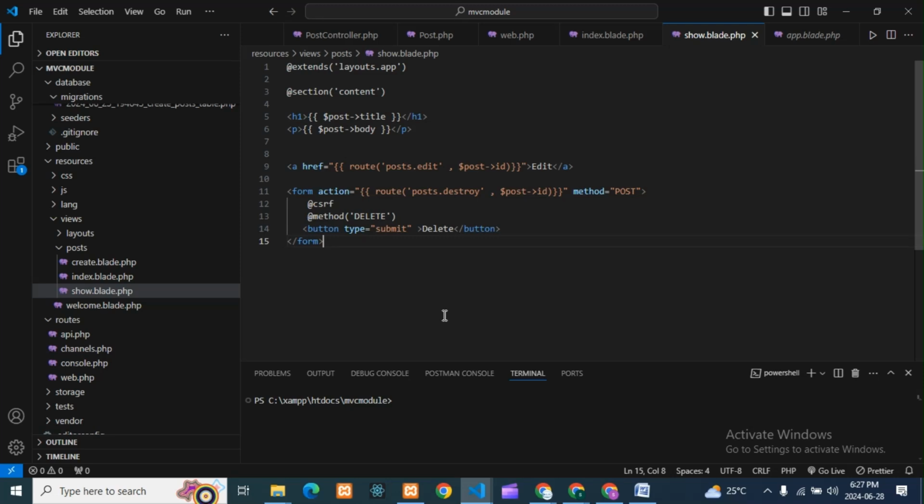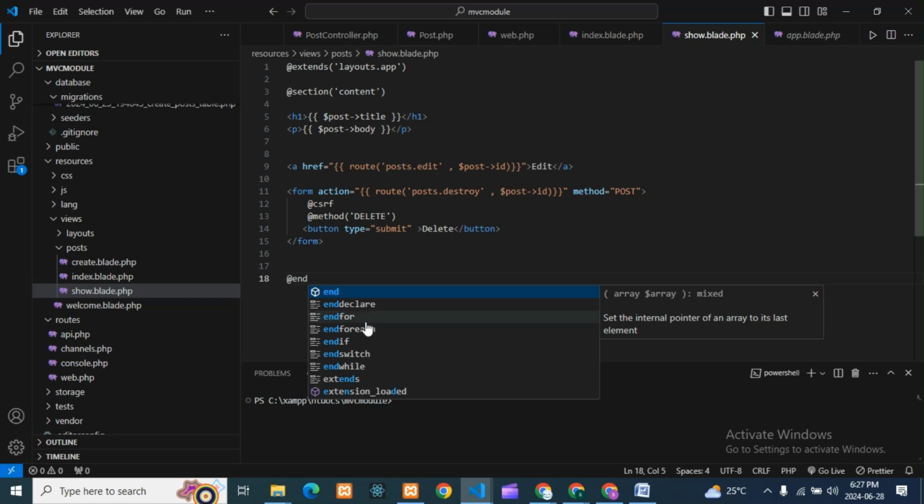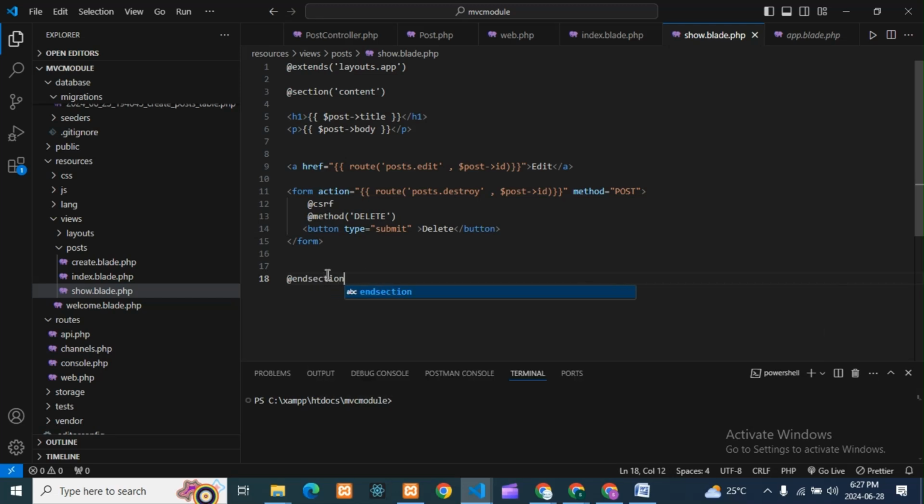Edit, and here it is destroy; destroy means we can delete the things. Then here we'll end the section, guys, with @endsection.